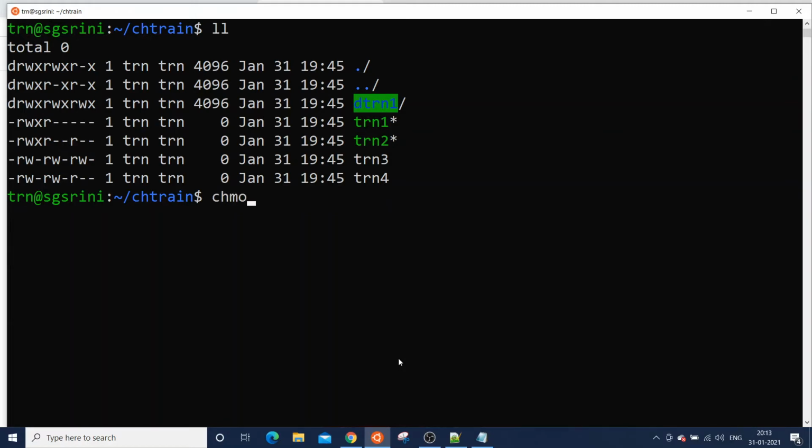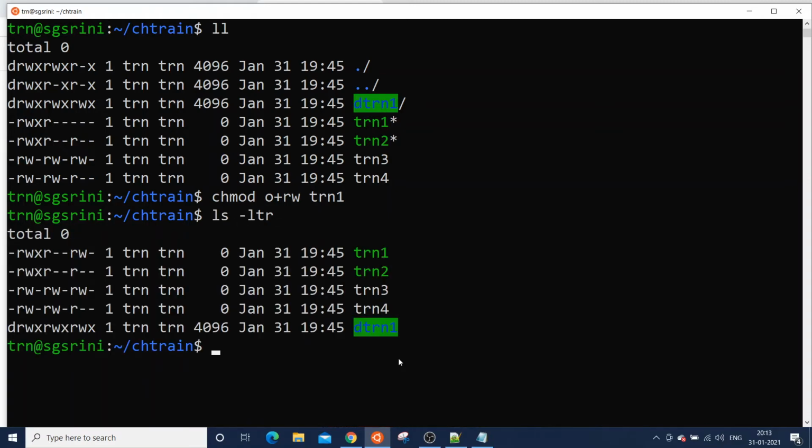So chmod, for others I want to provide read and write permission for the file train1. We have added read and write access for train1.